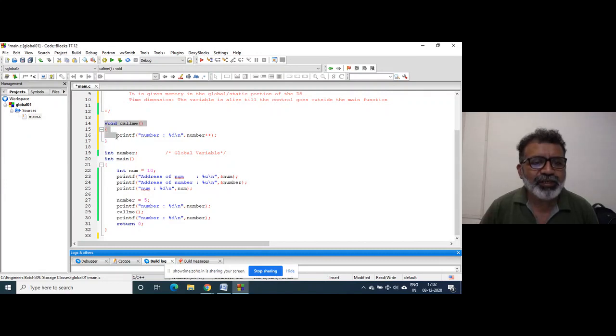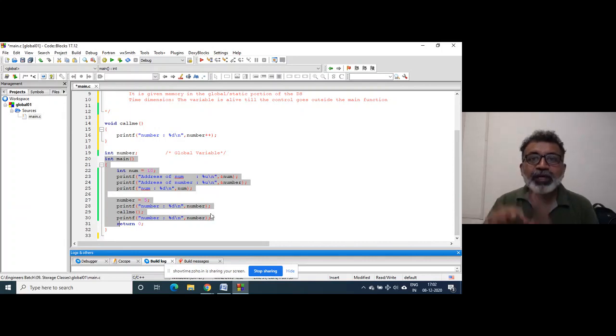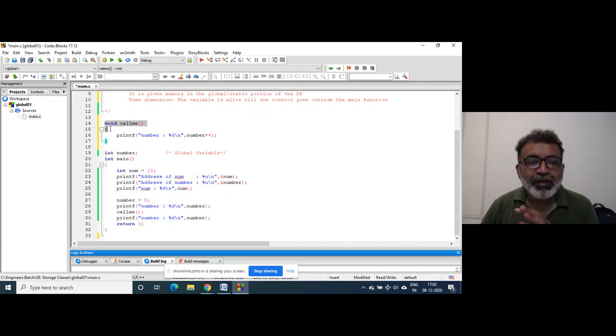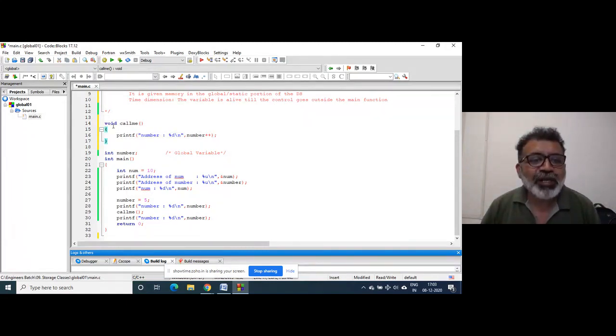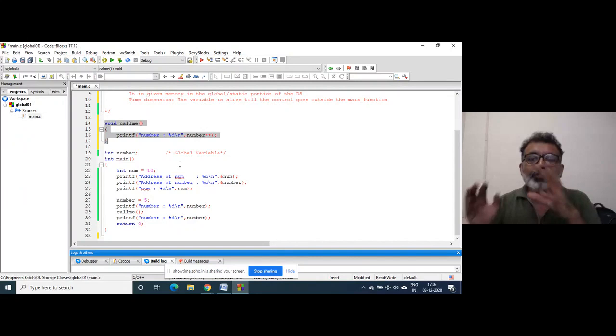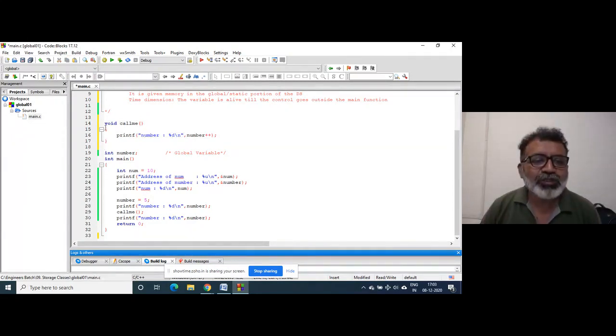This is the function written by the developer, and this team leader has included another file in which that function has been written. I told you, whenever a file is included, the contents of that file will come as they are in this file. So just imagine that these contents have come here only because of file inclusion. This is the function which is written in another file.